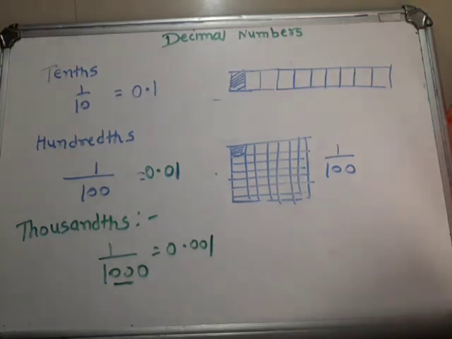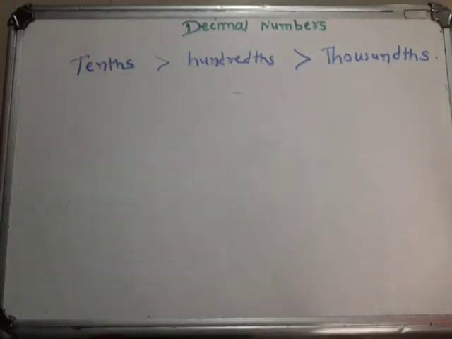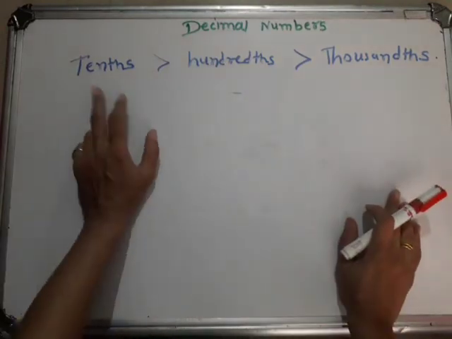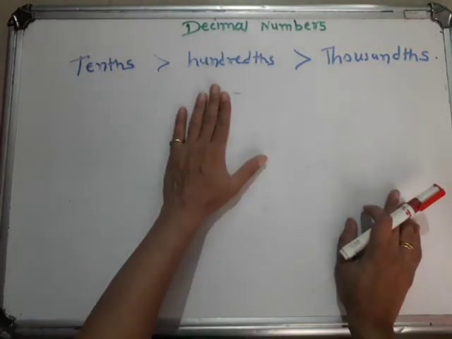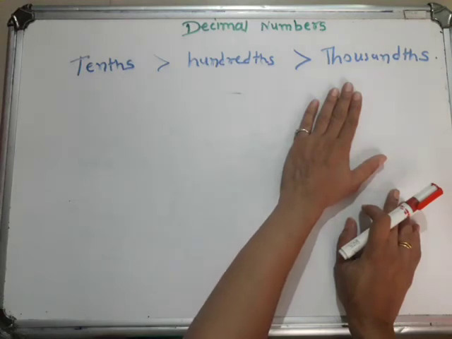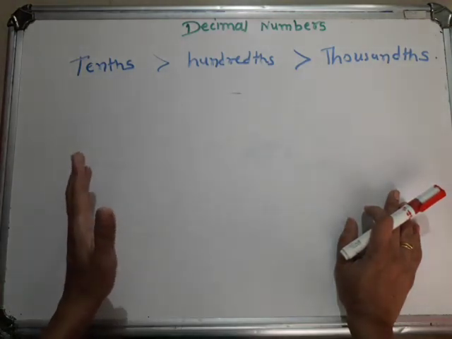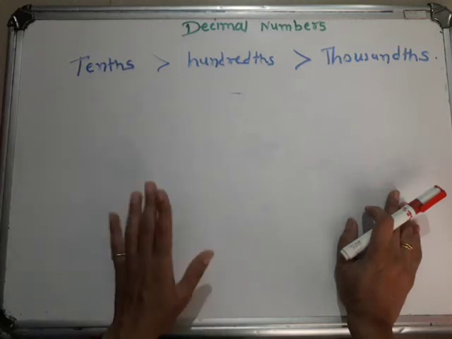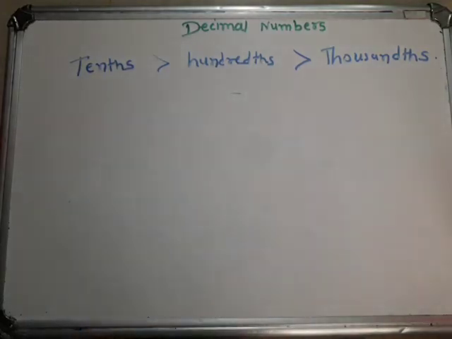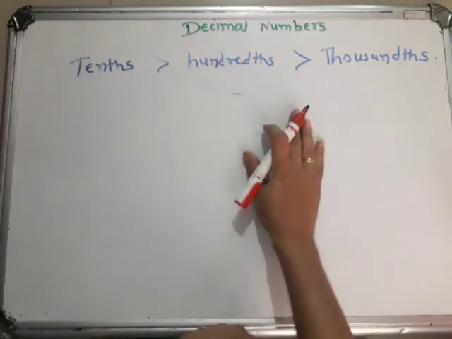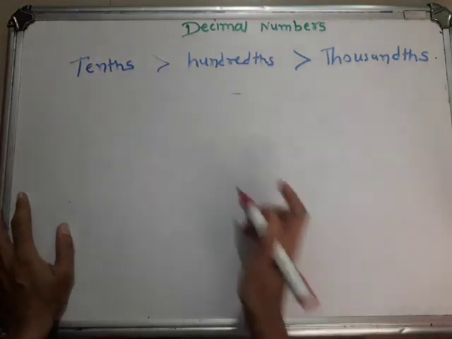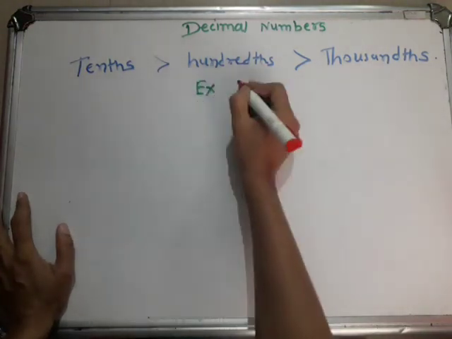Now see here. Now you understand this. The 10th place is greater than the 100th place, and the 100th place is greater than the 1000th place. Means when we move to the right side, the value of the number decreases. Okay, so the 10th place is greater than the 100th place, and the 100th place is greater than the 1000th place. So we solve question number 1 from your exercise